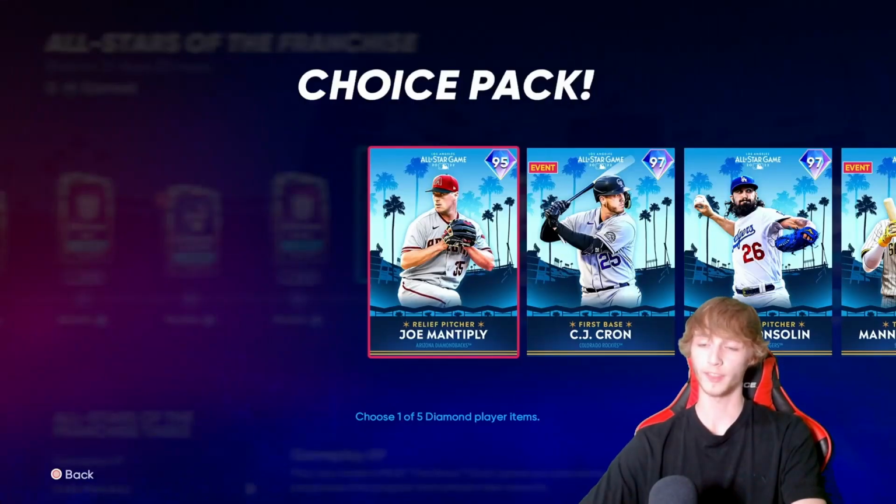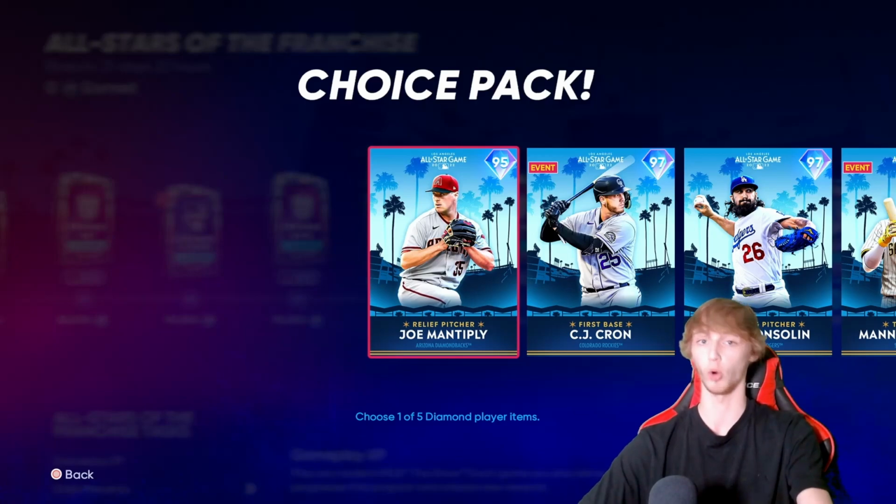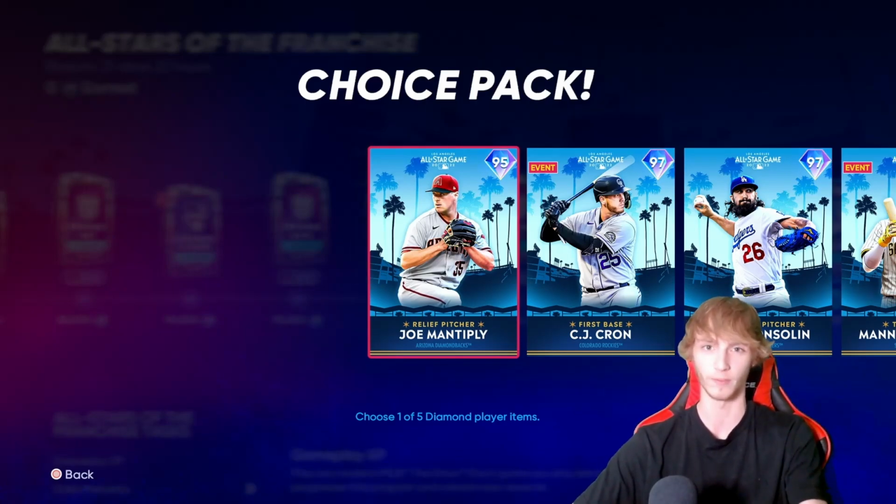Now in the NL West, which I think is one of the weaker divisions, but Joe Mantiply here is just not very good. 4 different pitches. He is a relief pitcher, which is kind of good. He'll be one of the top relief pitchers still, but I think there's better options in this program. I do also say there is no bad cards in this program, really. I mean, pretty much all these guys are usable, so don't get mad in the comments if I don't pick a guy from your team to be a little bit higher on the list, because really all these guys